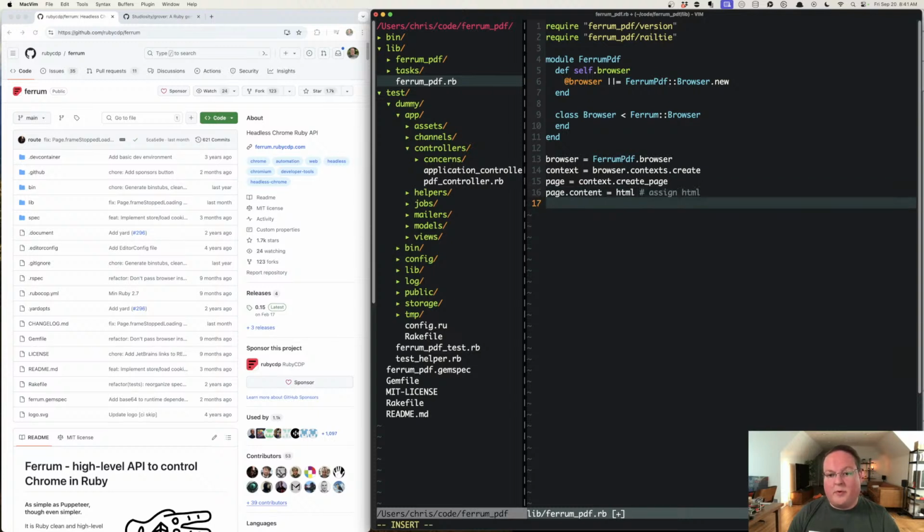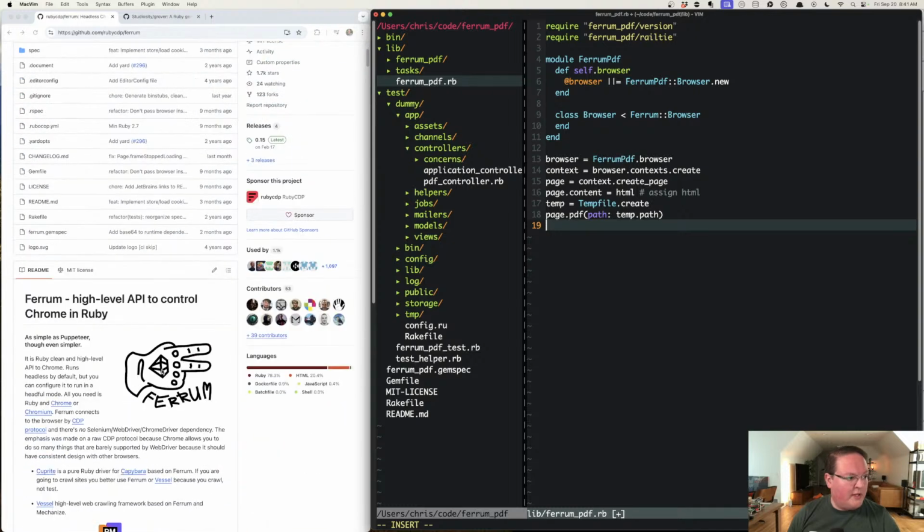So this would be if you're providing all your HTML, your CSS, everything to the page and not directly going to a URL. Then we can create a temp file that our page.pdf can write to, temp.path, which if we look at the docs here,